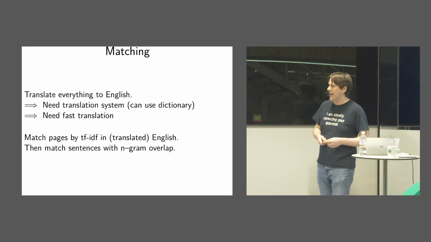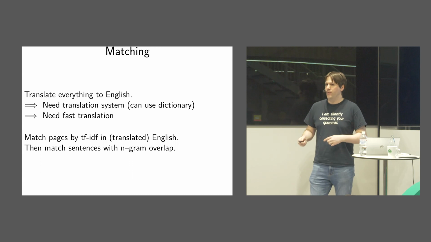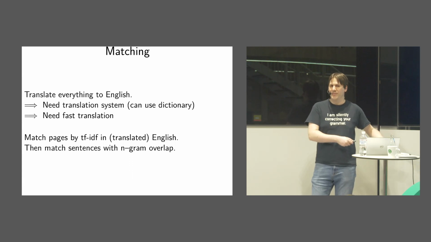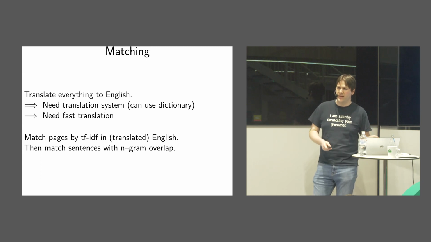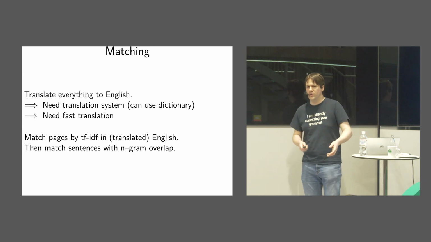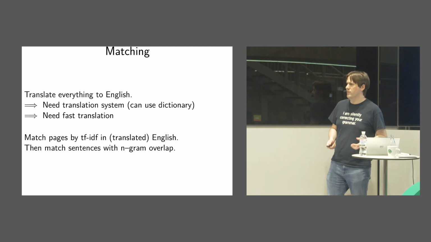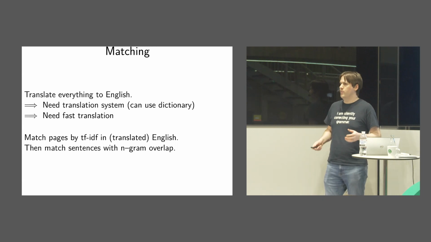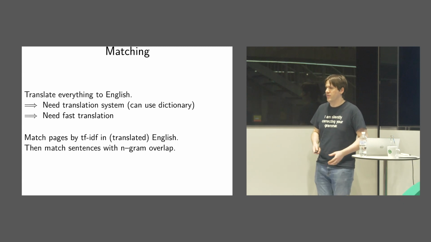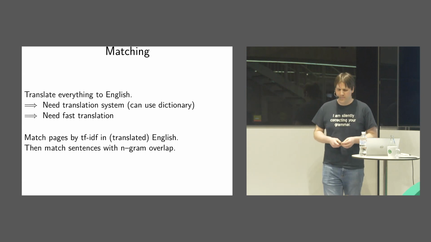We translate everything we can to English, which implies, by the way, that you need to have a baseline system in order to do this. That said, there are ways to do it without a baseline translation system. You can use a dictionary. There's entire areas of work on how to do parallel corpus mining bootstrapped. But for our EU language case, fortunately, the European Parliament has translated enough text that we can build a reasonable translation system for all of the languages that we're covering in the project.